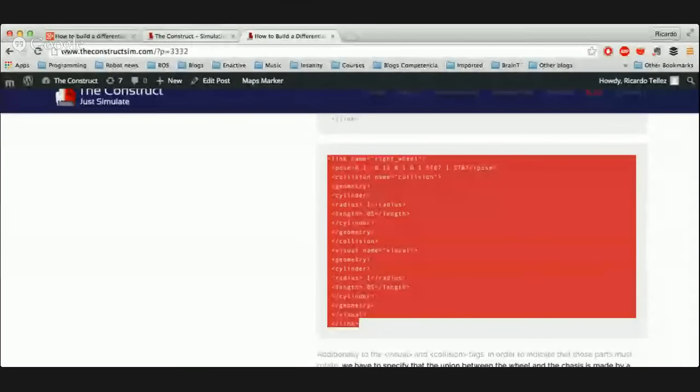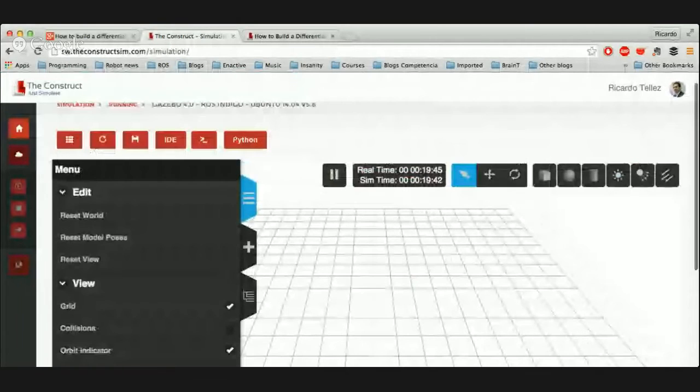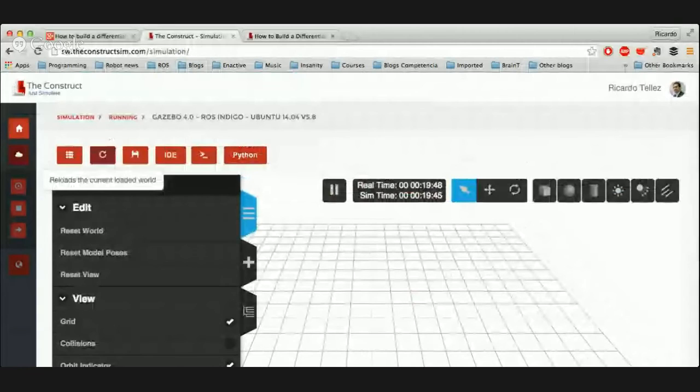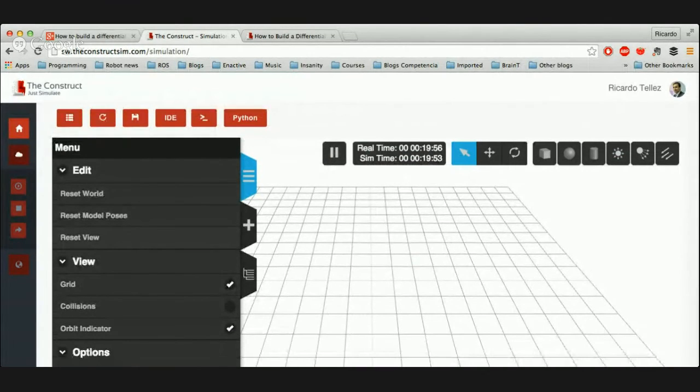We just go to the construct, and here we just have to do the relaunch. So this button here will relaunch the current loaded wall. As you remember at the beginning of the session, we loaded the differential drive wall, but there was nothing because it was empty, still to be done. And now we can just reload the wall